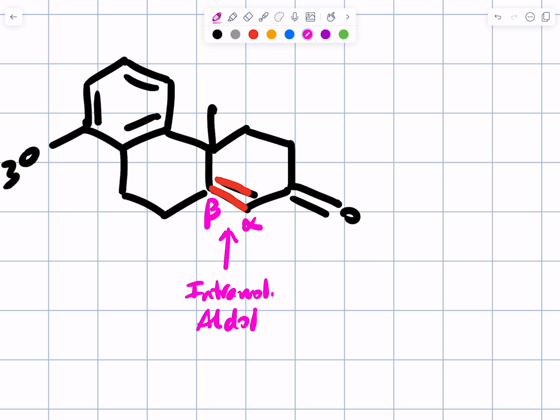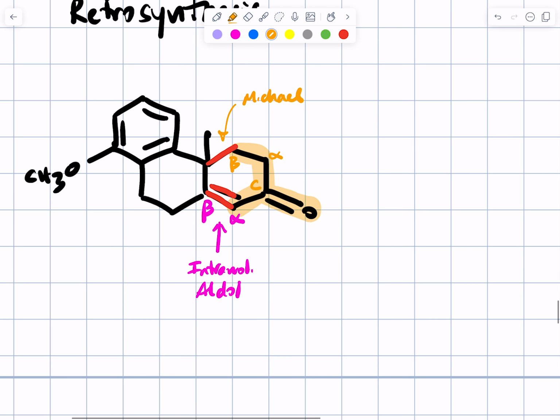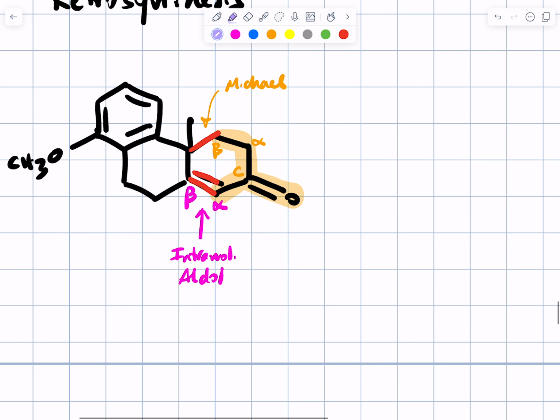The second thing we're going to do is count from the carbonyl carbon to the alpha carbon to the beta carbon, and that is the bond that we made in the Michael reaction. That means that these carbons that I'm highlighting in orange used to be the alpha-beta unsaturated carbonyl electrophile, and these carbons, everything else,